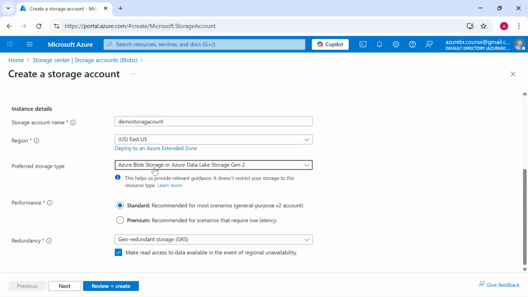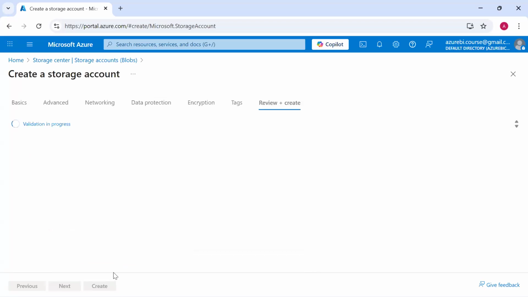And what type of data storage do you want? Blob, or big data? Big data workload. Does anyone know what big data is?